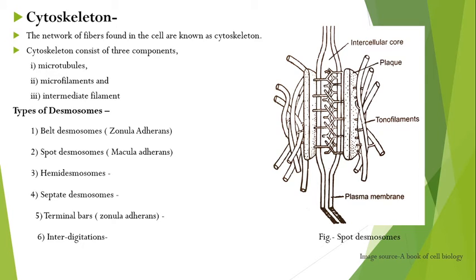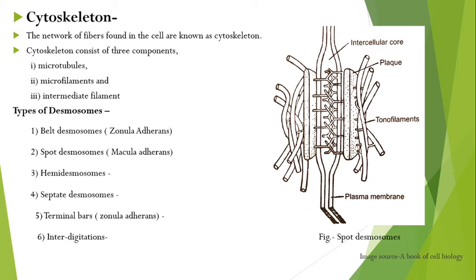Spot desmosomes function is providing mechanical coupling. Sometimes the discontinuous middle thin line of the coating material may be observed in the intracellular cores. So cellular adhesion at the desmosomes depends mainly on the extracellular coating material. The next is the hemidesmosomes.